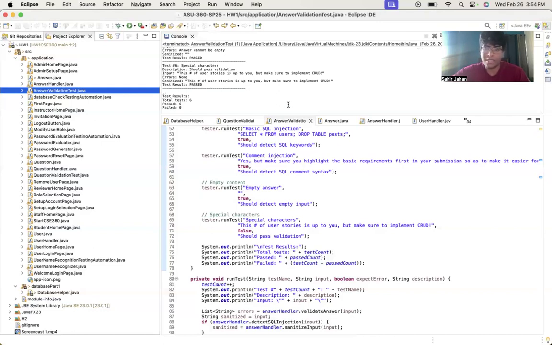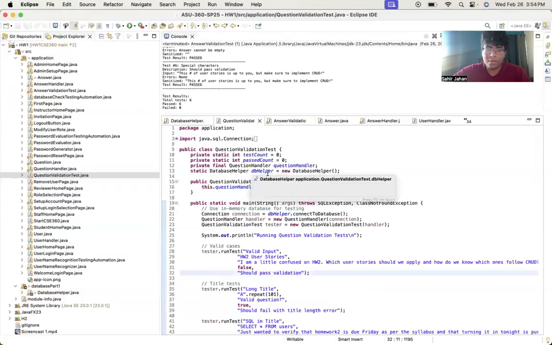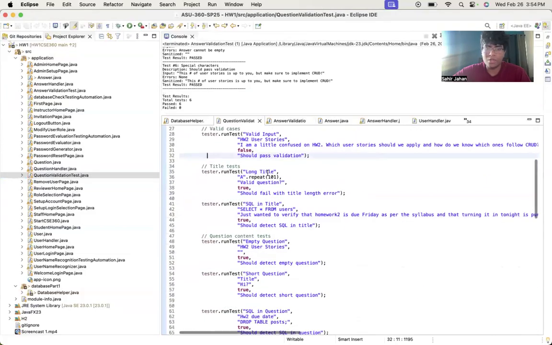So that's the video for answer validation test. Now, if you move on to question validation test, you have a couple more cases just because I wanted to test every single combination of pass fail. And you have an additional component here where it's SQL injection, minimum of 5 characters for the post. Plus, you don't necessarily have to have a title, so your title can be 0 characters,